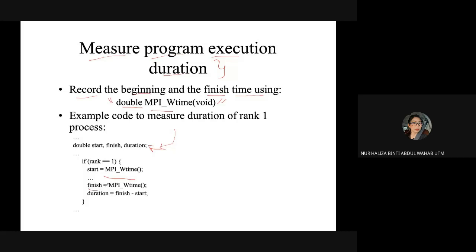So here is an example of how you are going to apply it in your code: you are going to have your start MPI_Wtime and also your finish. You are also going to stamp the finish with MPI_Wtime.